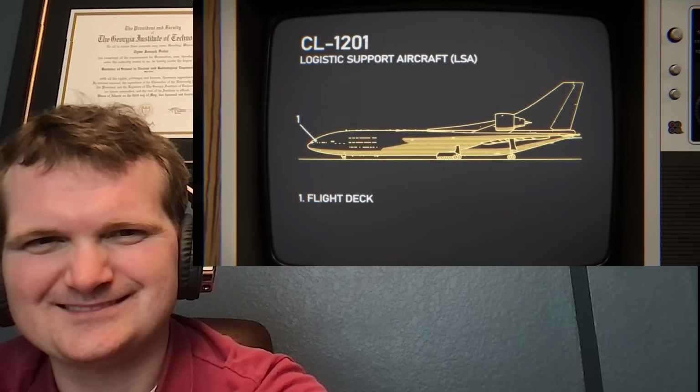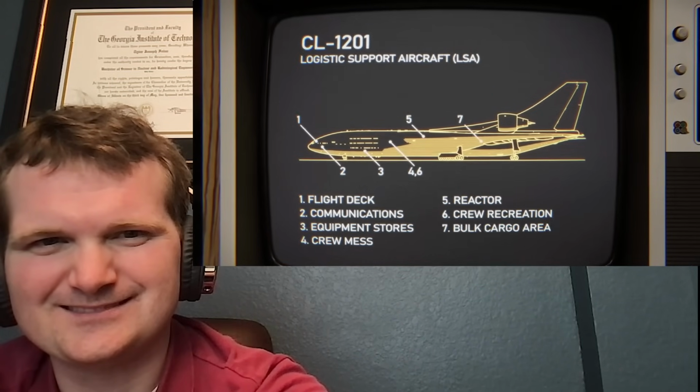Central command center. 7 logistics support aircraft would also be dispatched to rendezvous with the carrier over the Mediterranean. The logistics support aircraft, or LSAs, are giant aerial transports, each capable of carrying up to 400 combat-equipped troops,